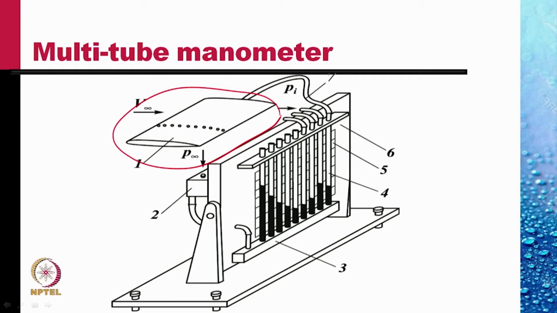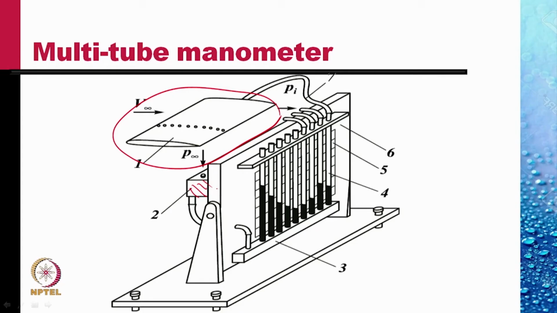From each hole, a tube runs to one of these tubes, many tubes. There is a reservoir too, which contains the fluid. And so the height of these columns give an indication of the relative levels of pressure at the different holes